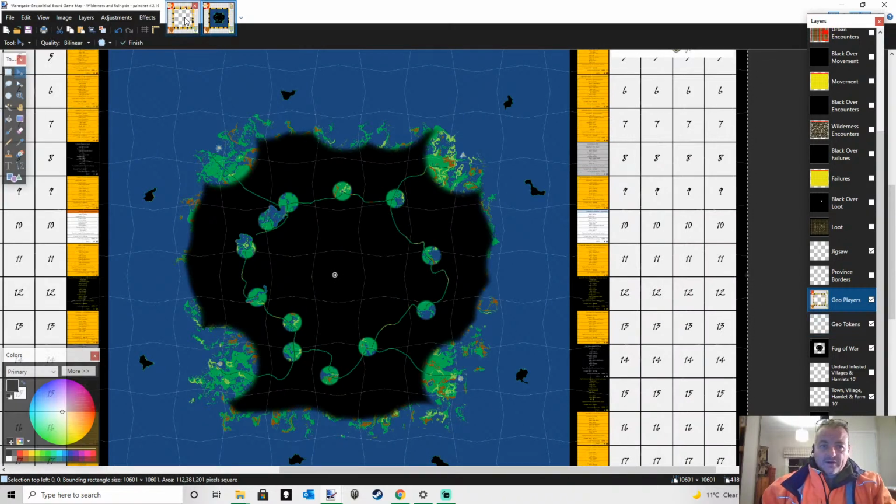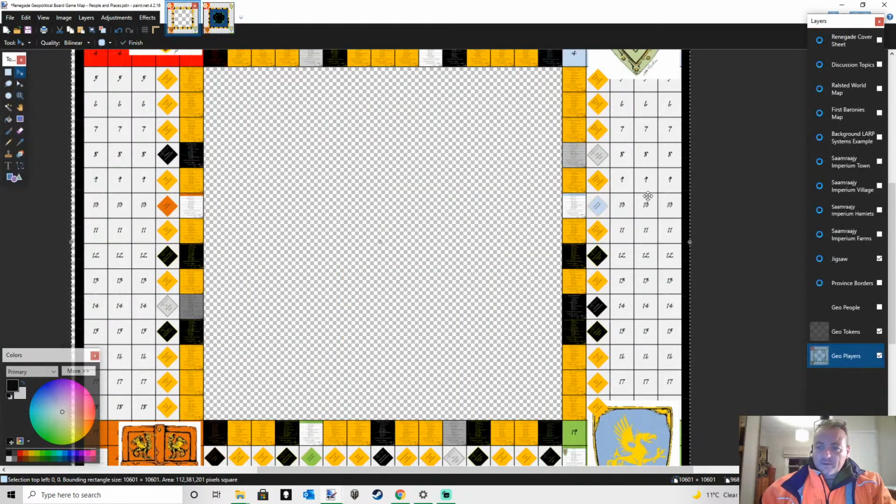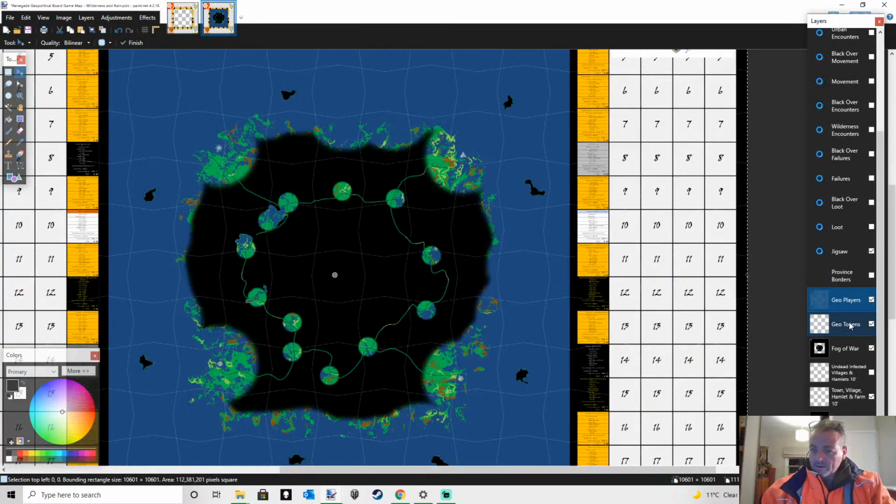Now what I was going to show you was the previous one, which is that I have done the Geo Tokens. So Geo Tokens are there, so I'm going to select all those, and I'm going to paste them into here. Now they can go to the top of Geo Players